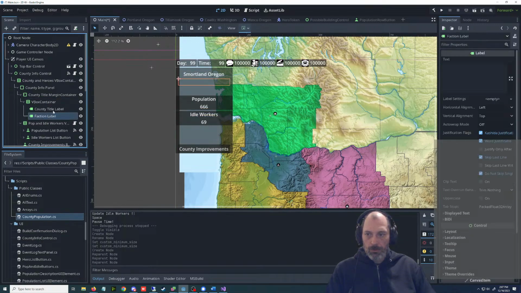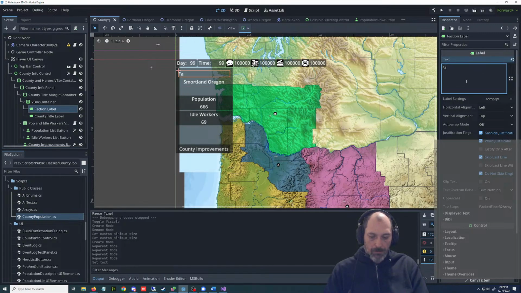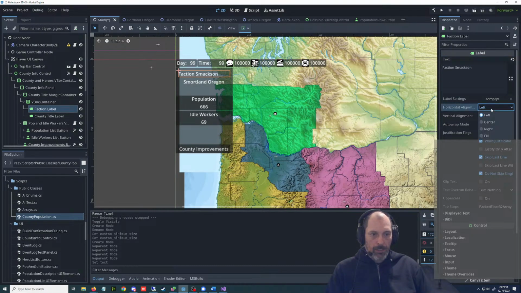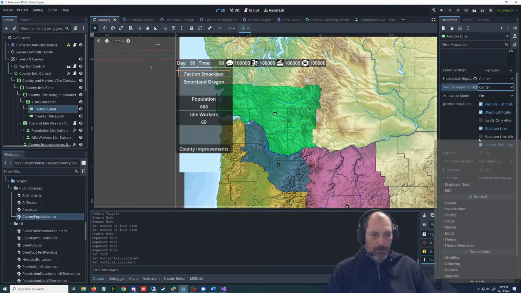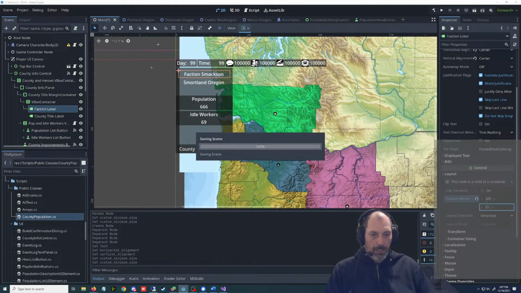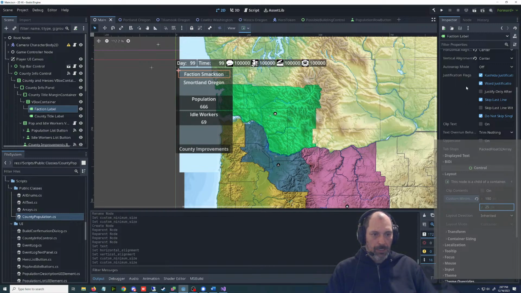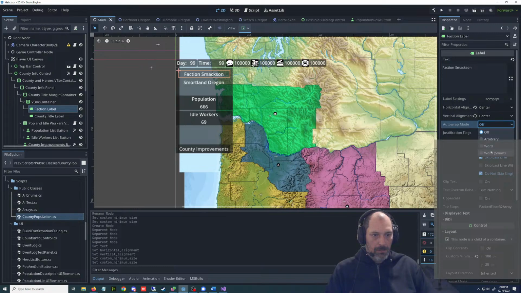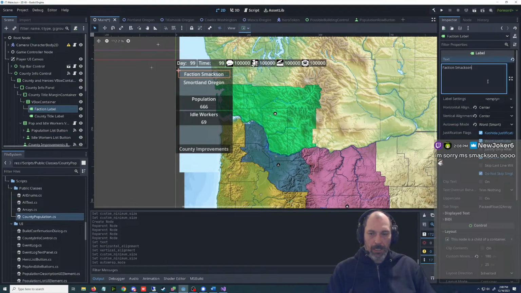And then this one, I actually think I want this at the top. We're going to say faction schmaction, and we're going to go center. What did we do? 180 by 25. And then we'll put this auto wrap thing wherever it was. Word smart. I don't know why I put that in there.